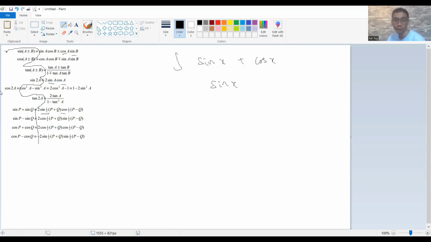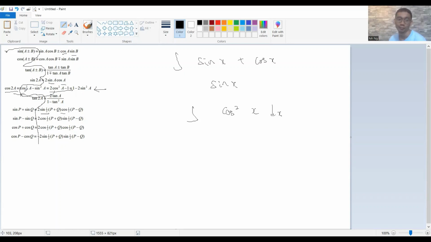So for example, you came across something like cosine square x. What you need to do is look at the identities and have an overarching view of the characteristics of each of them. Very obviously, there's only one that deals with square. So just by looking at this, you know you are trying to go in this direction, and once you do the manipulation to become cosine square x, it's definitely integratable.